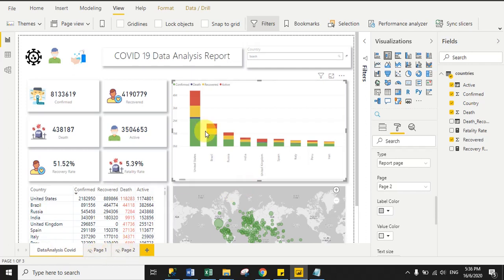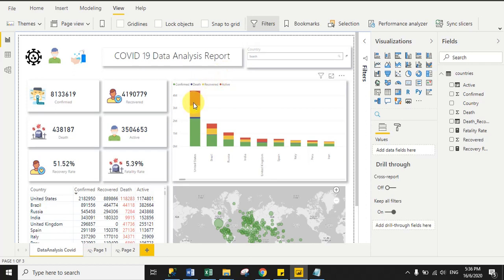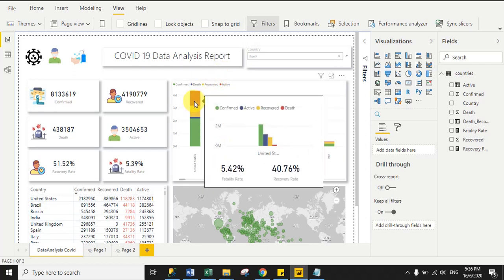And make sure in the first page, your main page, under the tooltip section you have to enable the tooltip and select the tooltip page from the page section, right? So I select page 2. So you can see here, now we have successfully set up the tooltip. So just hover the mouse over any country name. See, I hover the mouse here, and you can see it is showing me summary details, right?